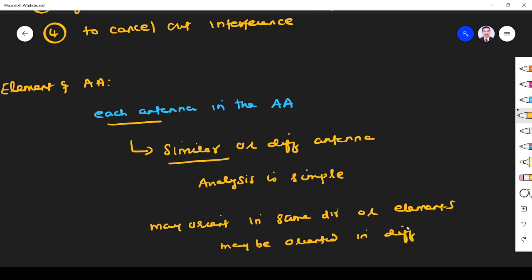Again, we prefer the antenna elements to be oriented in the same direction. It's obvious, because if they are oriented in the same direction, it is easy to analyze. So it is good to have each element of the antenna array similar, and if they are oriented in the same direction, then the analysis is very simple. It's not mandatory, but it is practiced.